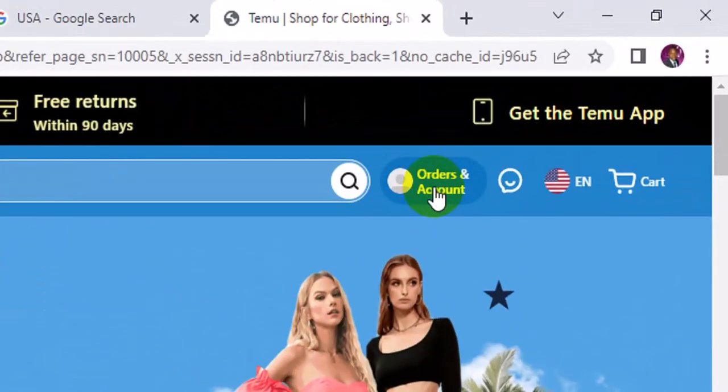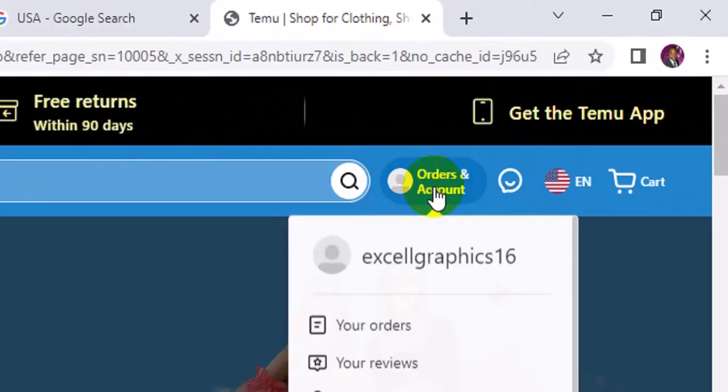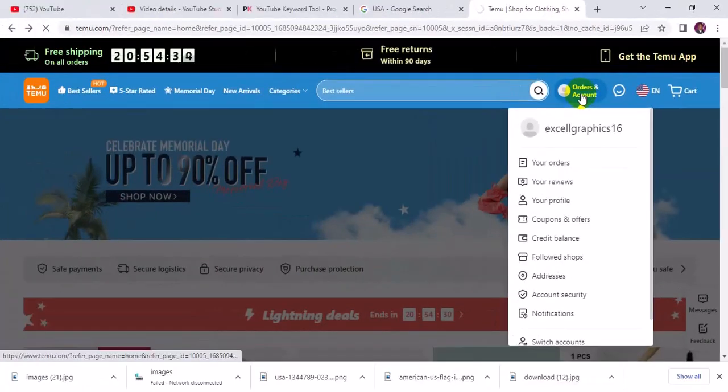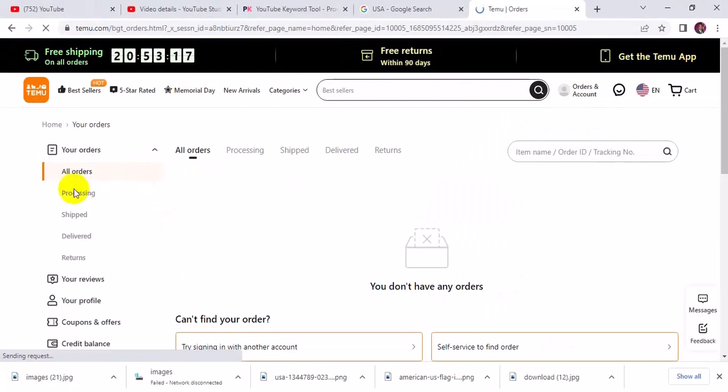Then you can come to the top right here, click on orders and accounts, and it takes you to your profile details. You can see right here you don't have any order, and right here is the processing section, shipped, delivered, return. These are just the stages as far as your order is concerned. So if you place an order, it will move to processing, then from processing to shipped, then from shipped to delivery. If you have any return, this is where you track your return,